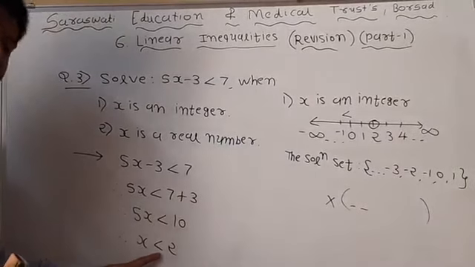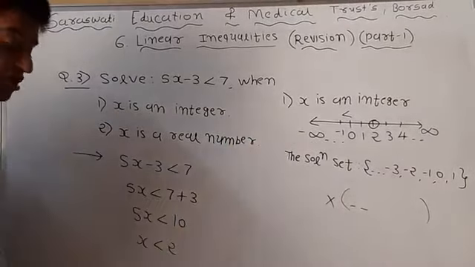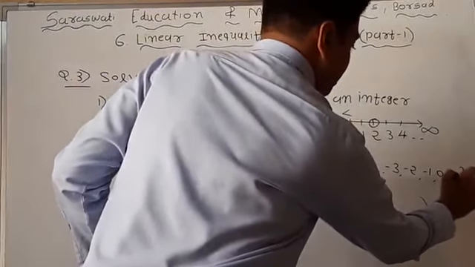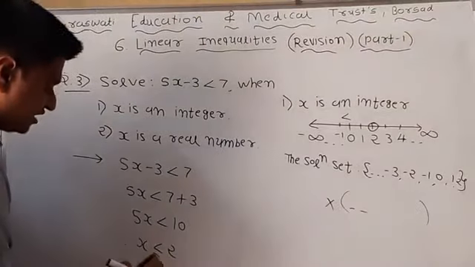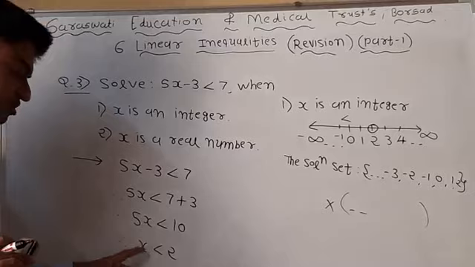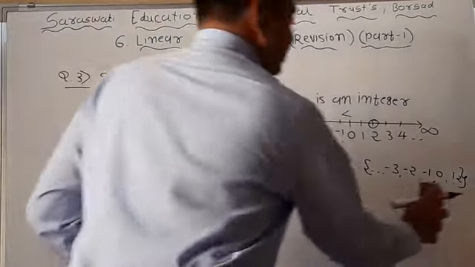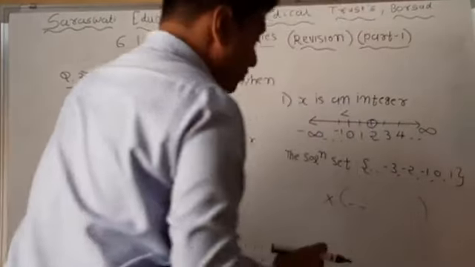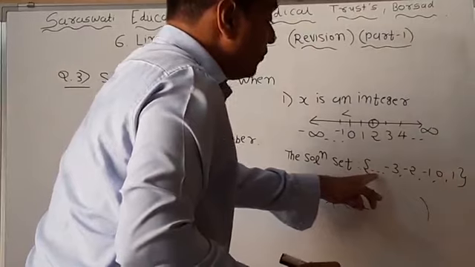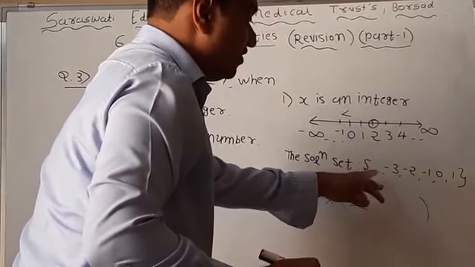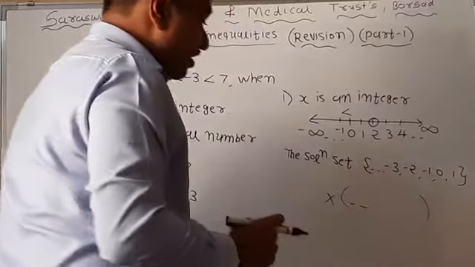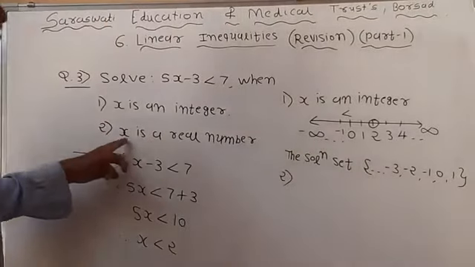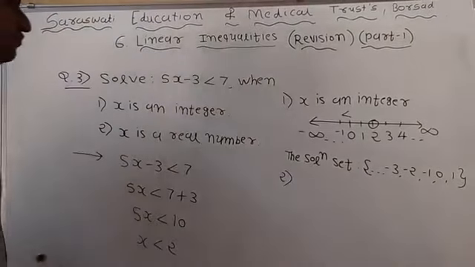If less than or equal to were present, we could include 2. Suppose less than or equal to form is present, then we can write 2 also. But here only strictly less than 2 is present, so we cannot include 2. So our answer is this, and it is compulsory to write a dotted line up to infinity. This dotted line means infinity form is present. Now the second condition is present.